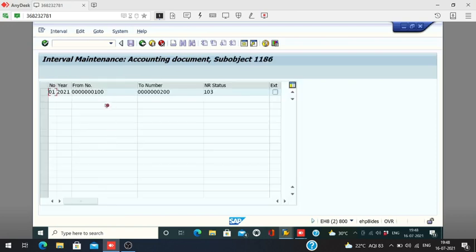Display. See, our number range is 100 to 200. So we have already posted 3 documents. See, 103. I have already consumed 3 documents out of this number range. So now the number status is 103. So this is the requirement of number range.